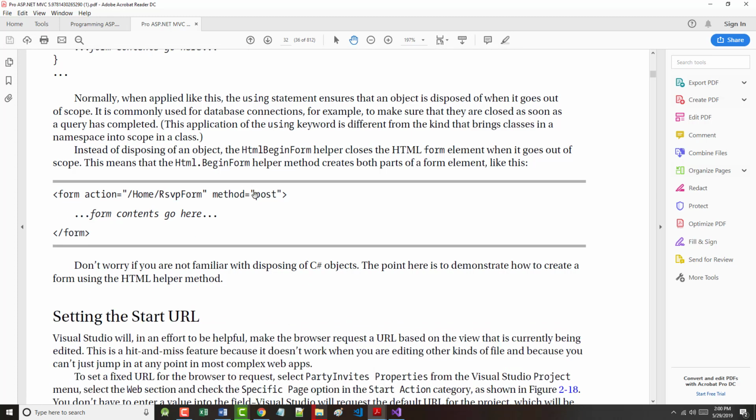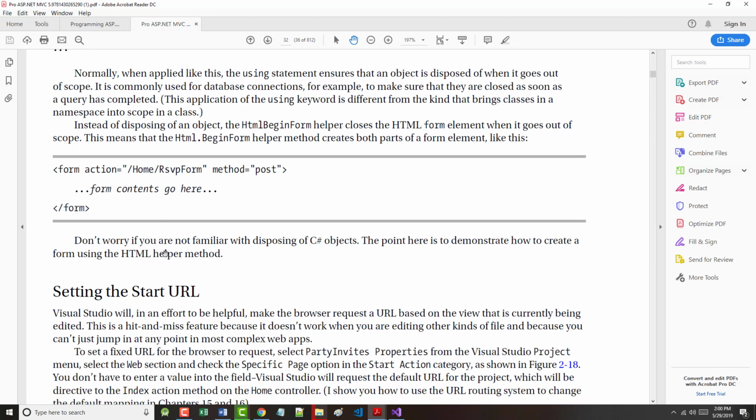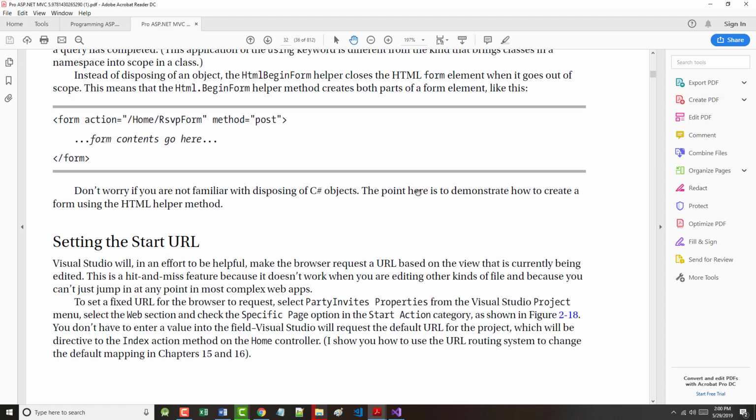So it basically creates that for us. Okay, it says, don't worry if you're not familiar with disposing of C# objects. The point here is to demonstrate how this helper method is used. All right. Next, we jump into setting the start